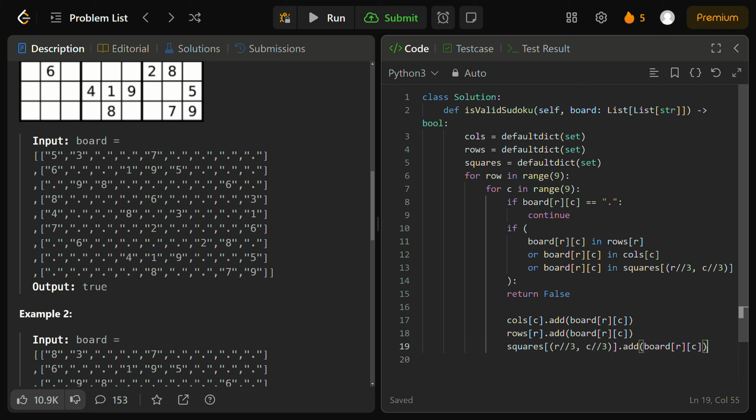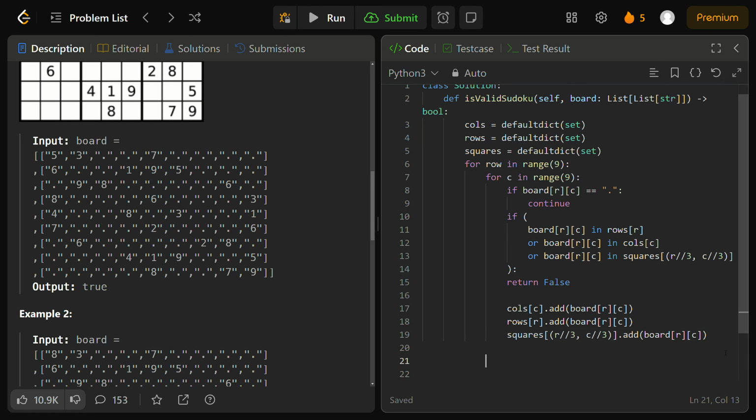add it to the columns at that cell value, tracking the numbers in that current column, the rows at that R column, and the squares tracking the numbers in the 3 by 3 subgrid, as denoted by R and C integer divided by 3. And this ensures that in future iterations, we can detect duplicates in the row, column, or square. And ultimately, outside of this for loop, if we don't return false for any iteration in this for loop